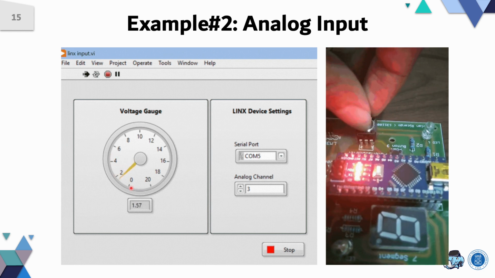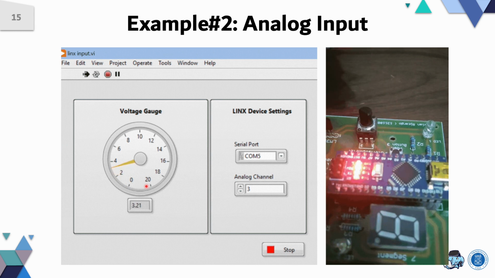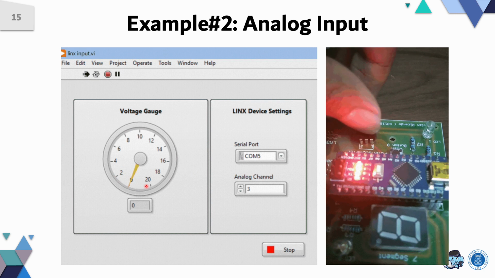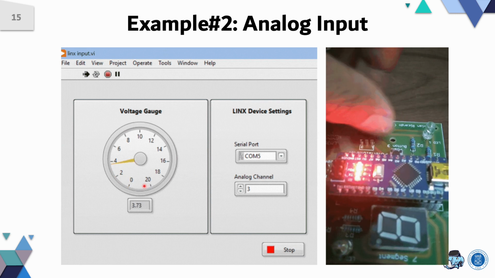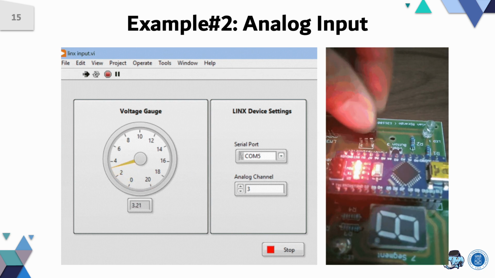In the future, you are going to learn how to do programming in LabVIEW. Furthermore, you will be able to change this maximum scale from 10 to 5, which is more representative.